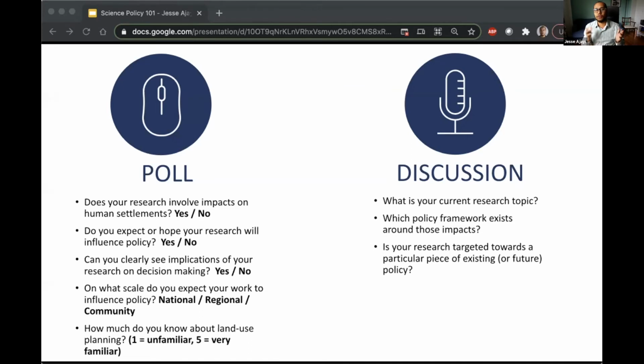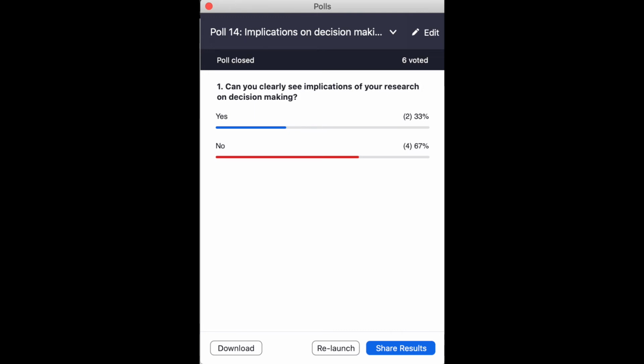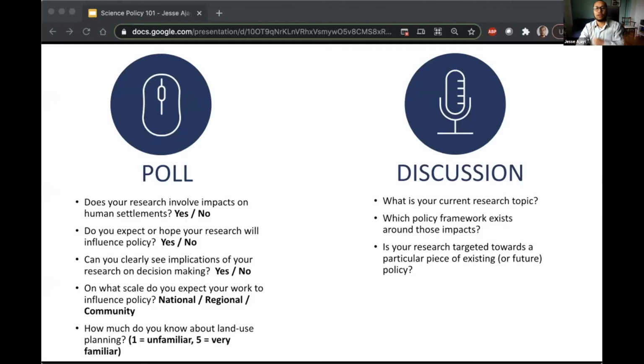how research that could impact human settlements or could impact built form has a really clear avenue to influence decision making. That's what I want to get across in this session. So hopefully, it'll become a little bit easier to see some of the ways that research can impact decision making throughout the discussion today. I'm seeing about a quarter of folks saying that they can see that. Yeah, there we go, and 4 folks not seeing a way for their research to impact decision making. Okay, so that's interesting. I'll be interested to see what folks feel at the end.